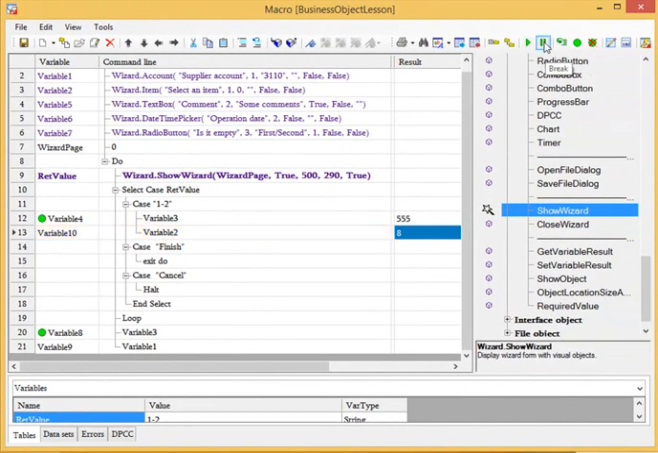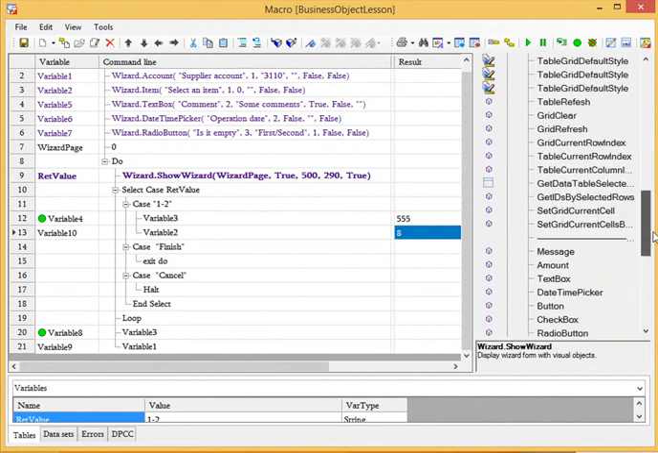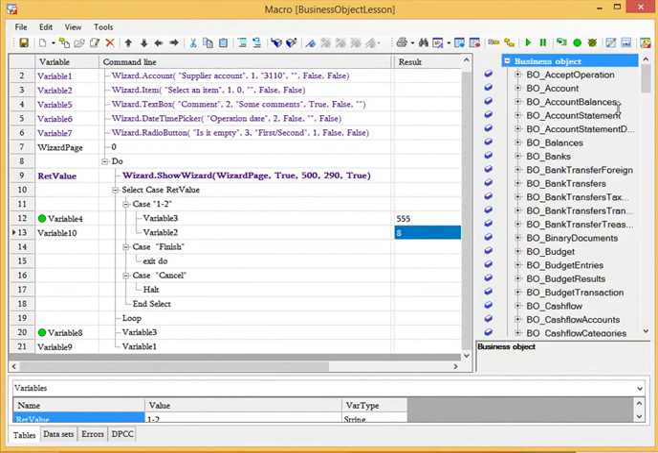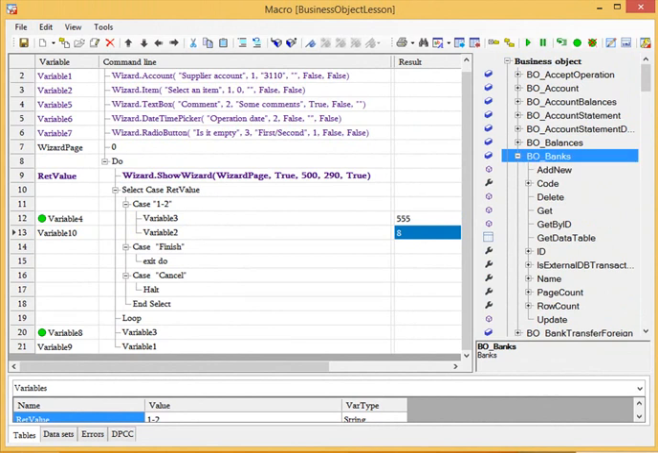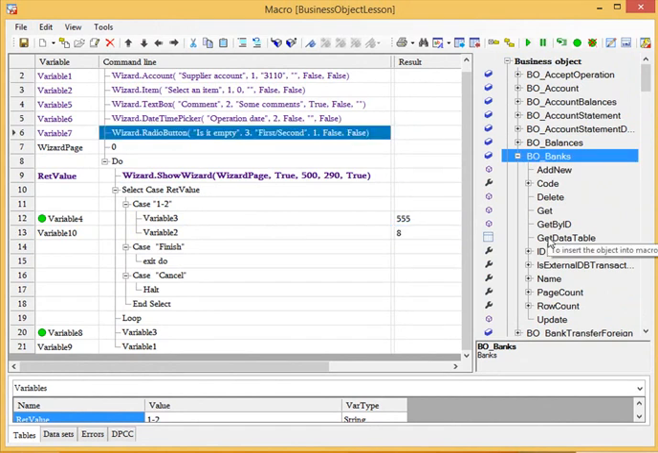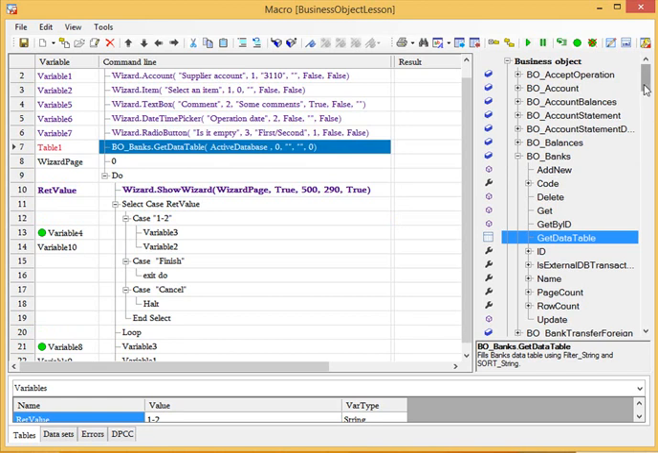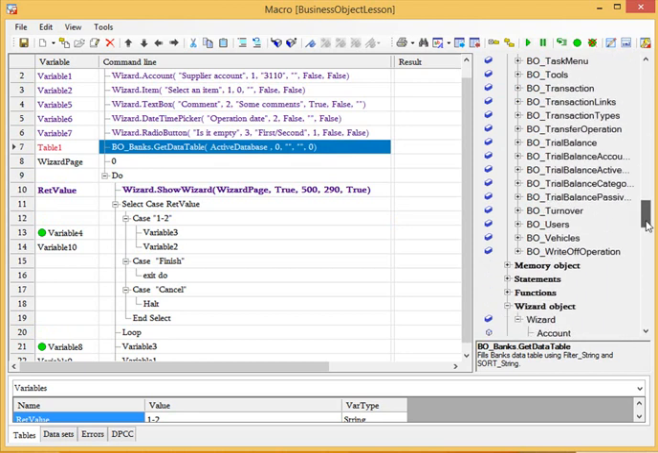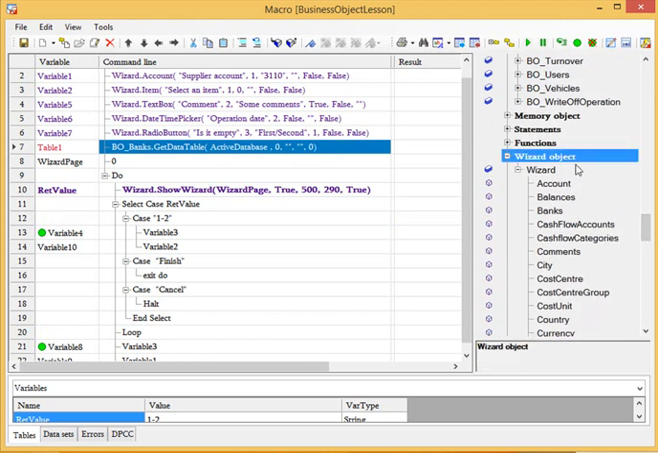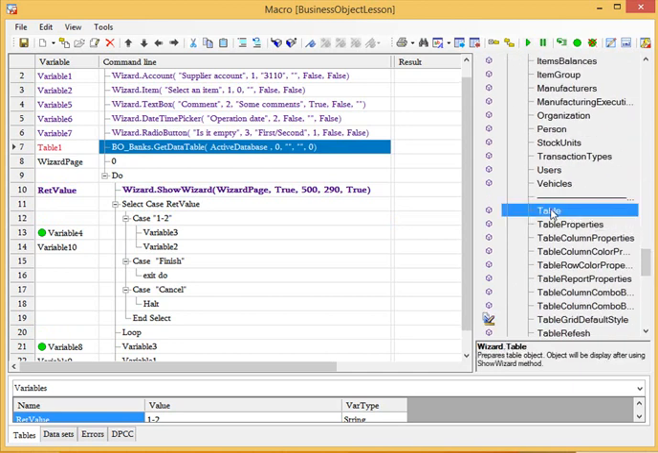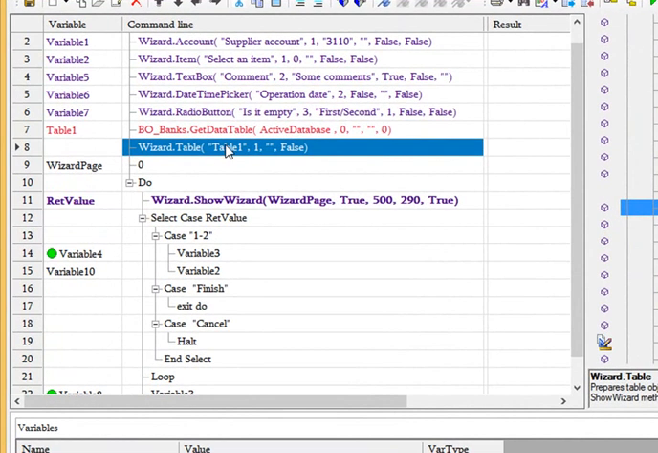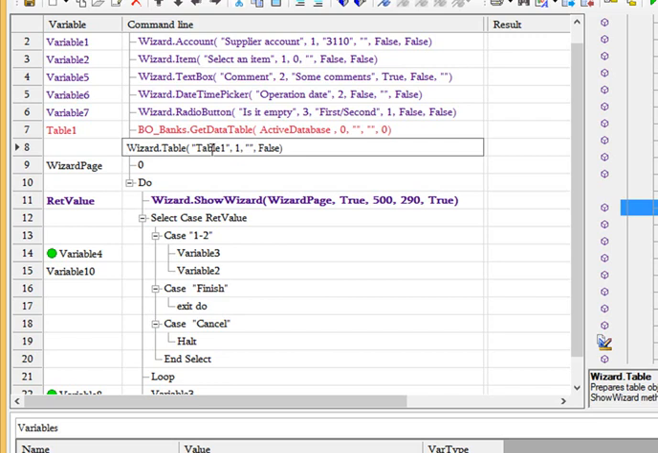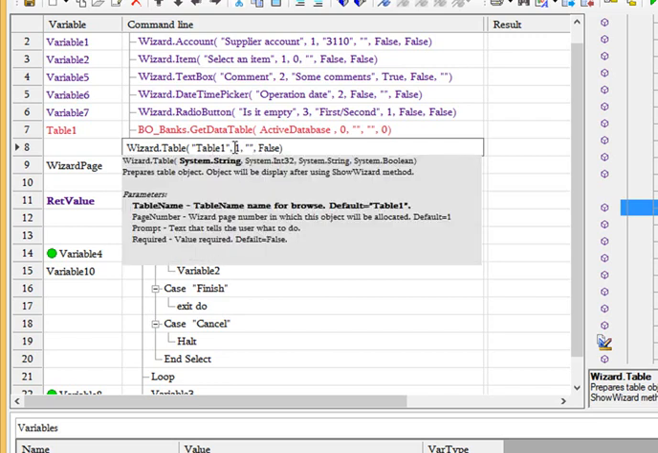And you can see the same with tables as well. For example, let's choose from the business object some table, let's say a list of banks, and get data from this table and pass the table to the wizard object. For that we need to use wizard objects table and tell it here to display the table 1 on page 3,